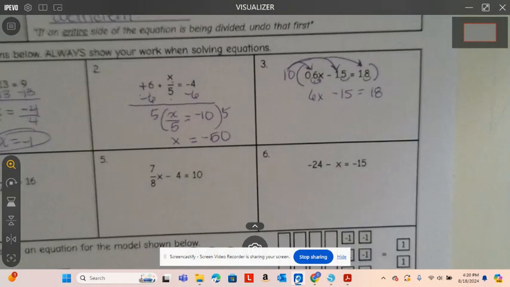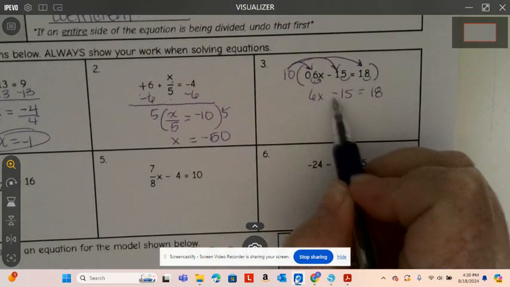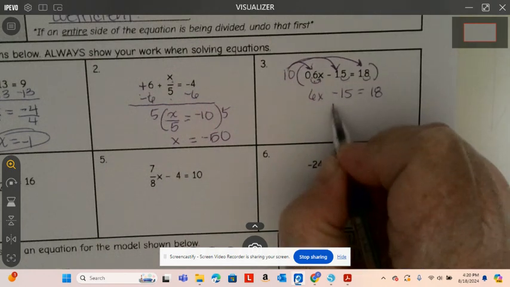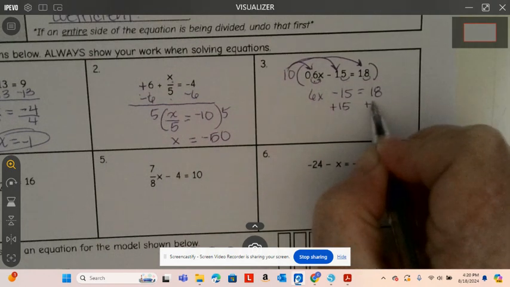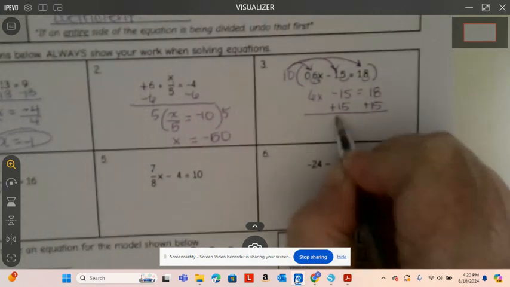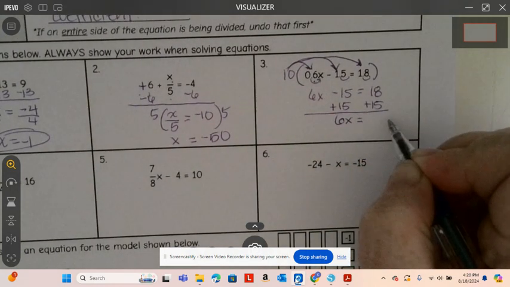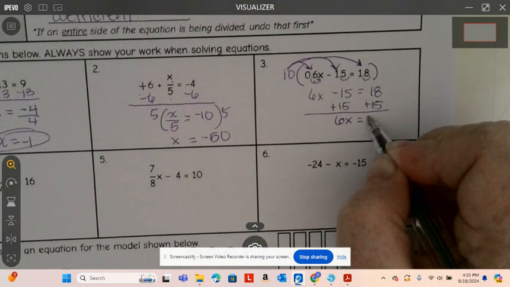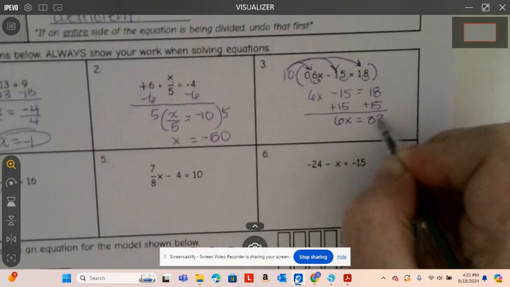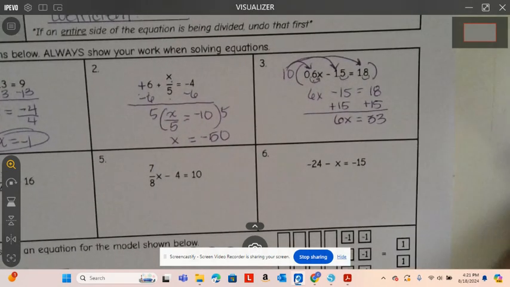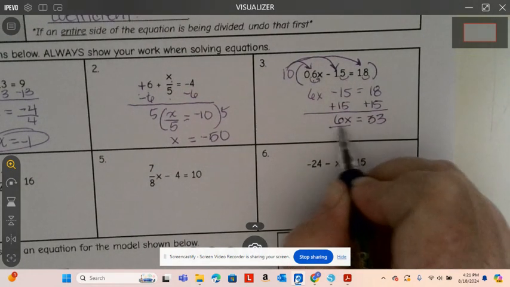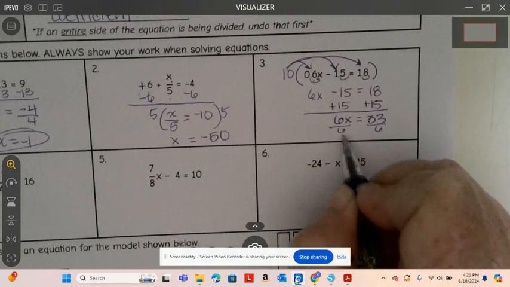Alright, so now I have a two-step equation. I need to go ahead and get rid of my constant by doing the opposite, which is adding 15. I get 6x is equal to, and let's see, 15 plus 18 is 33, I believe. Right? 33, yeah. Okay, and then I'm going to divide by 6 on both sides, and I get x is